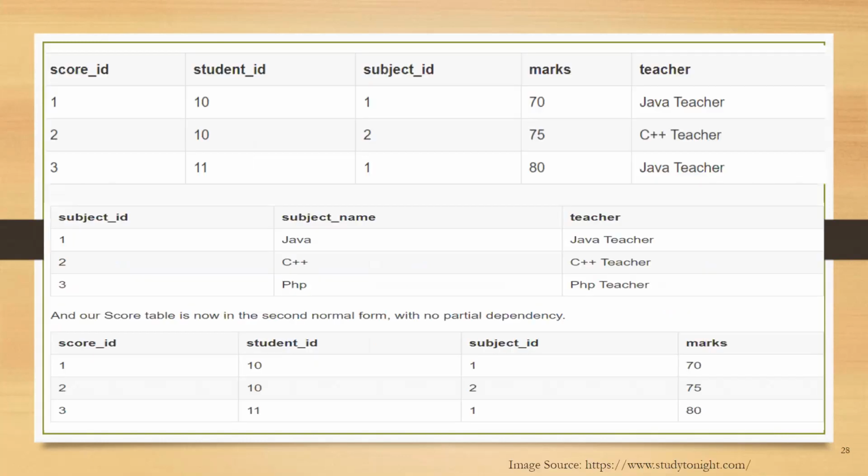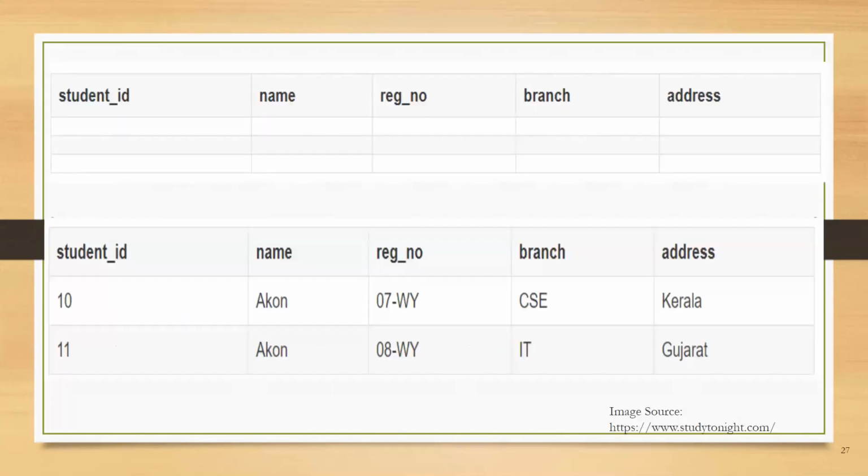Next, we are going to see what we mean by partial dependency. When I talk about partial dependency, we should understand it in a very simple way. If I talk about a student table, it will have a single column like student ID, which will uniquely identify all the records. But this might not be true all the time, so we will extend our example and add one more column here, which will act as a primary key.